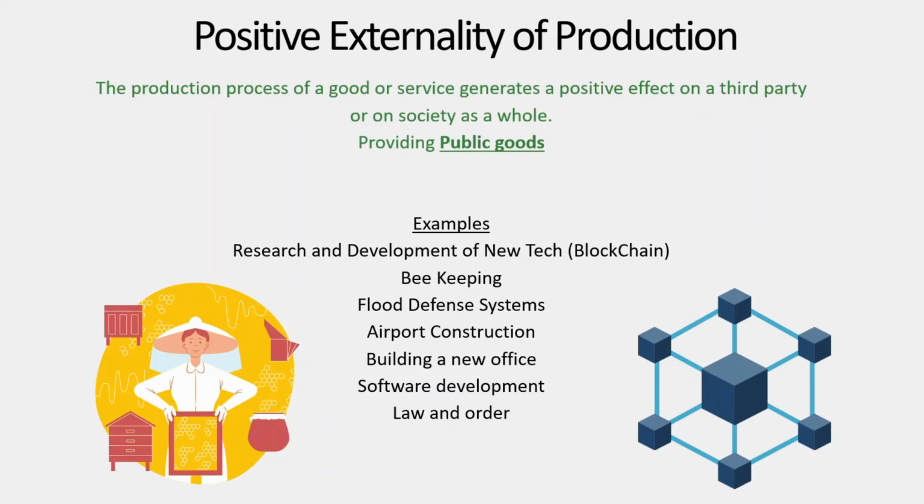Next, we're going to talk about positive externality of production. This is the production process of a good or service that generates a positive effect on a third party or society. It provides public goods. Some examples are R&D research, beekeeping, flood defense systems, airport construction, building a new office, software development, and law and